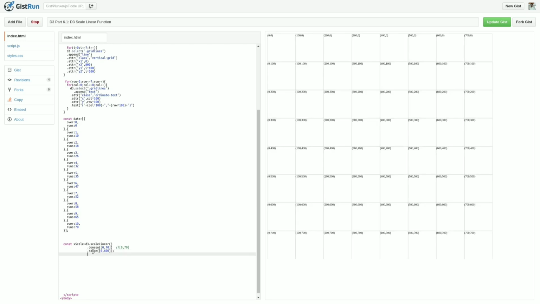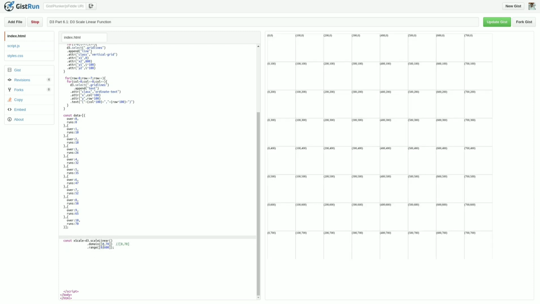So this is simply our xScale function that is created from the scale linear that will take the input as 0 to 70, and it will convert that to an output in the range starting from 0 to 600.